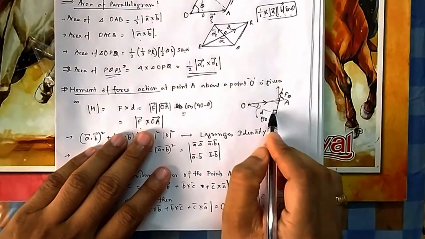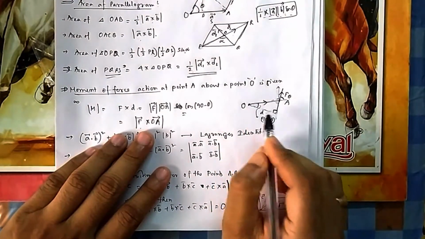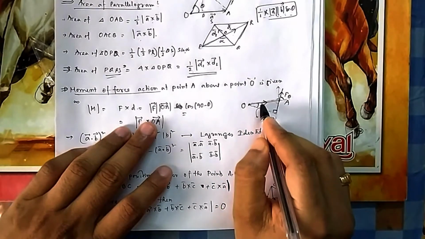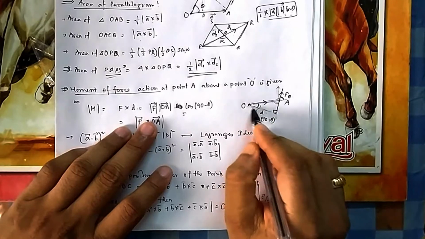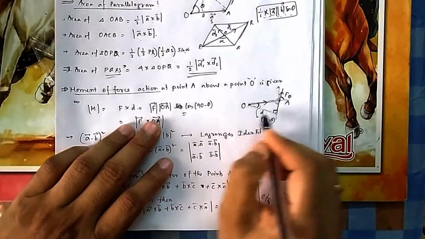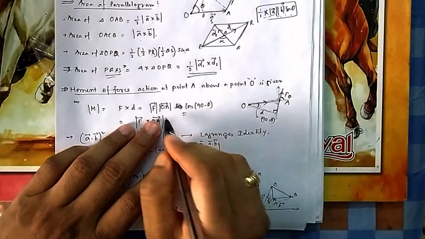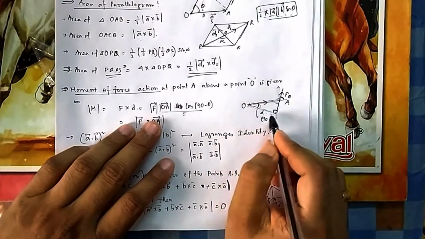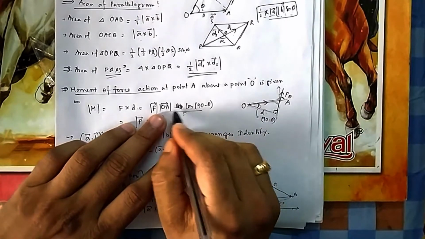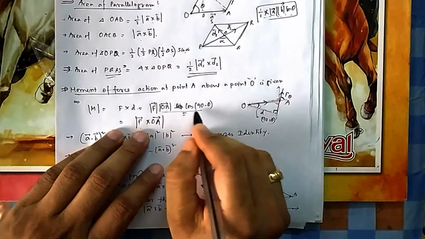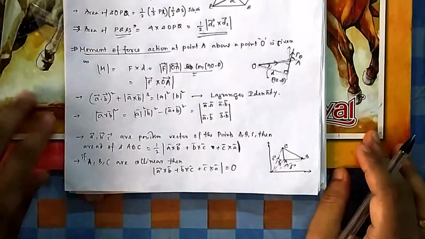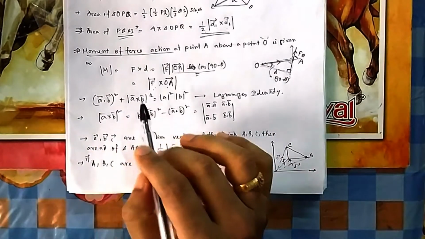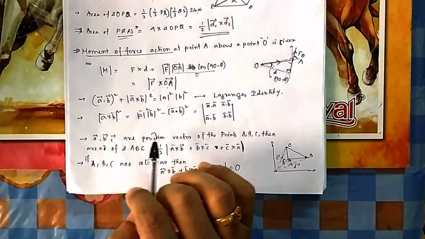This is the perpendicular distance from the force to the point. So this is nothing but this. If this is theta, then this is 90 minus theta. So this is cos theta. So force F into D, instead of D I am writing OA cos this, and OA cos this is OA sin theta. So F OA sin theta, that means F cross OA. So that is how to calculate the moment of a force, that is also a cross product.